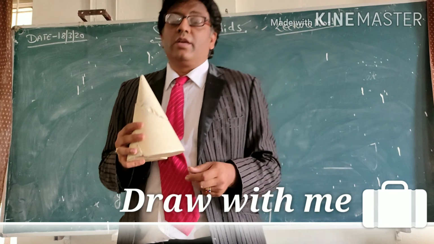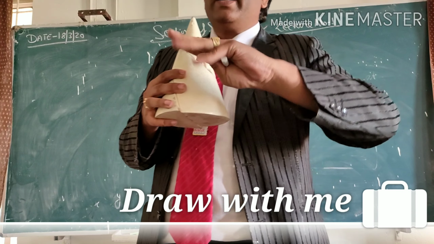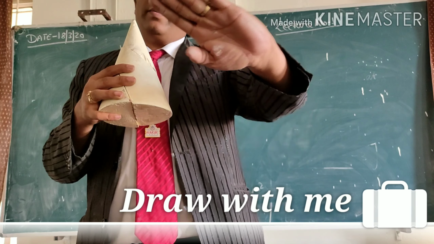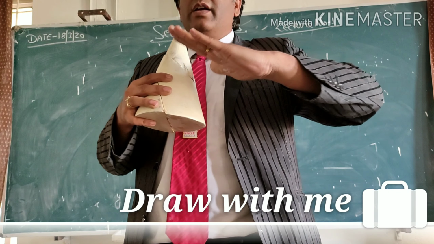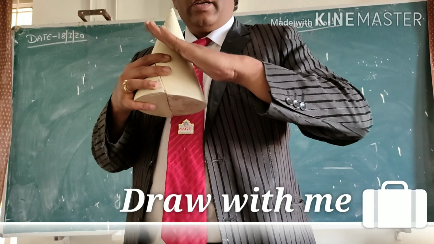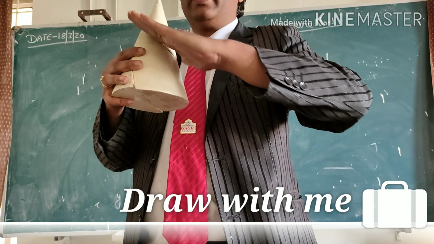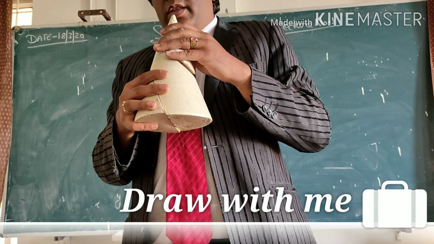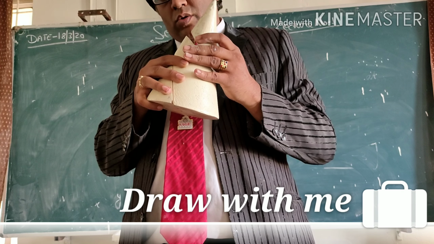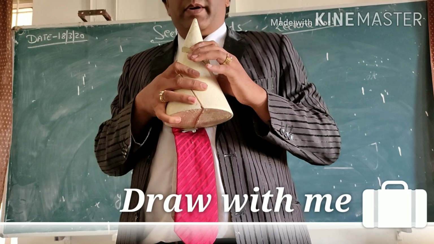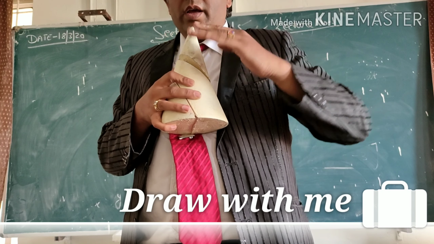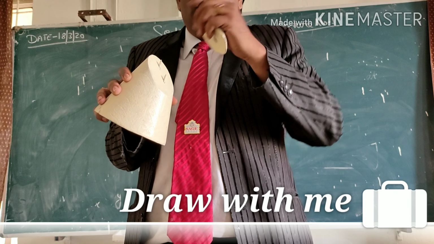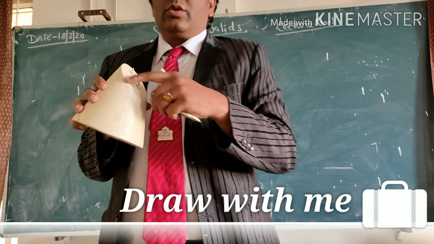This is a cone and we are cutting this cone like this. This is a plane, we can only cut a solid by a plane. We cut this cone throughout like this, and we remove that part. The plane which was cutting this particular cone is called the cutting plane, and the plane obtained after removing the cutting part is called